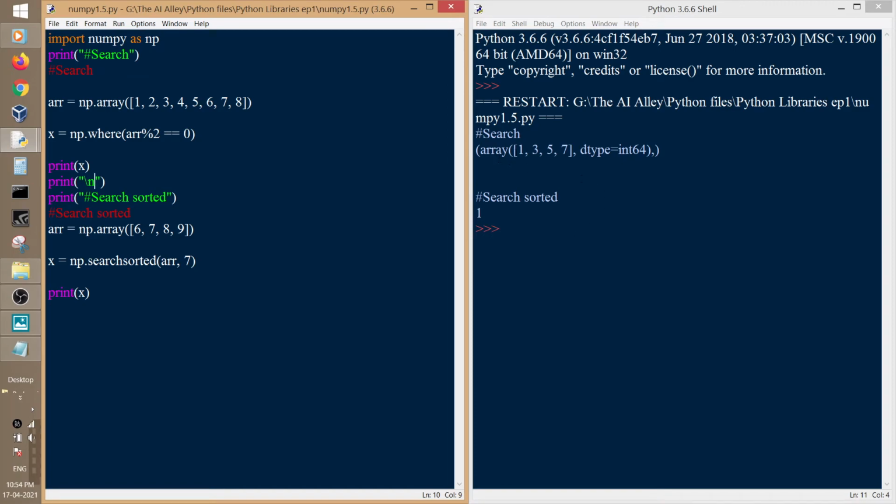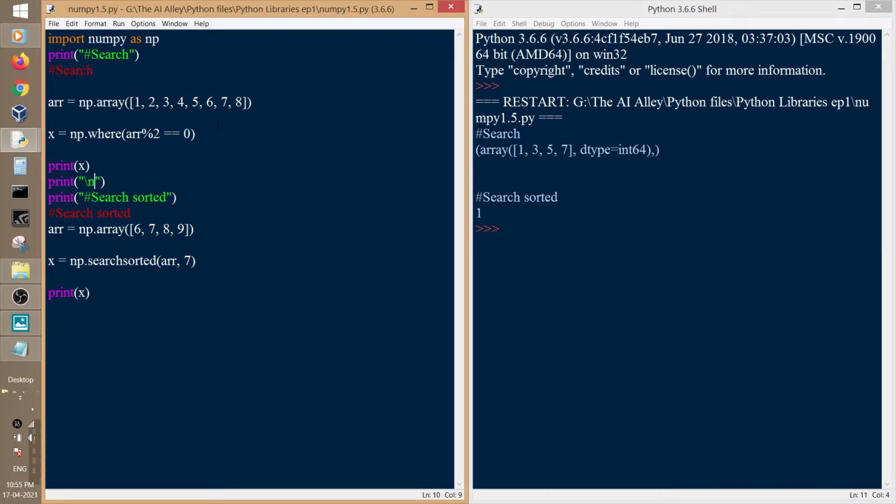Here you can first see the indexes of the even elements in the list. Don't get confused with the indexes you are getting. The first index is of 2, that is 1, then the second is of 4, that is 3.